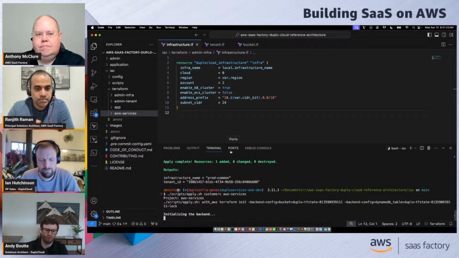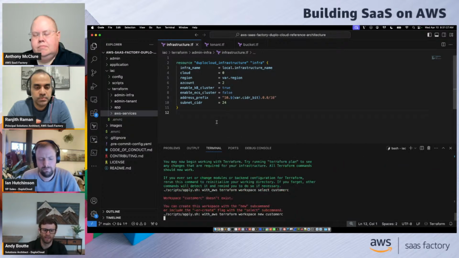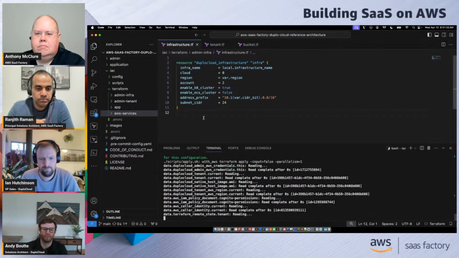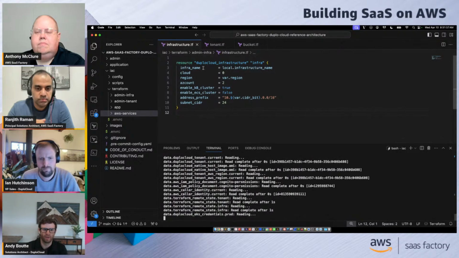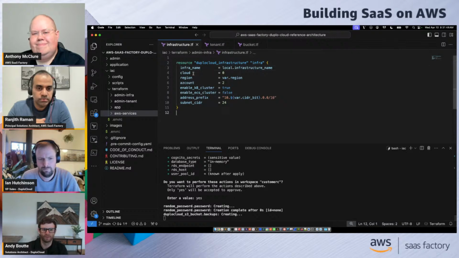And so we just showed from the web interface what it looks like to create an infrastructure and a tenant. But now I want to actually show the Terraform resource, to show that whether it's in Terraform or the web interface, it's a very simplified process to create those. So up here we have this Terraform resource. I'm going to go ahead and confirm this, let that run in the background.